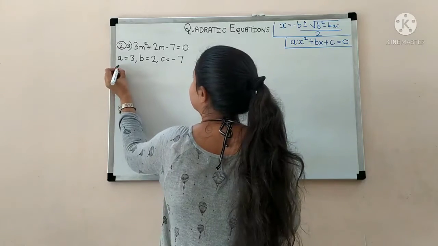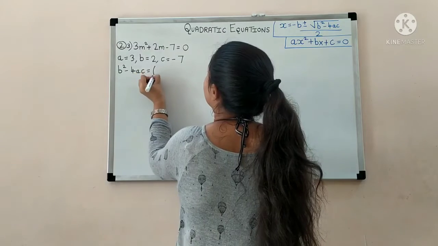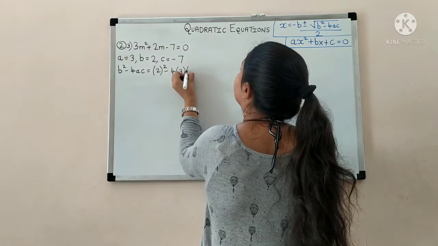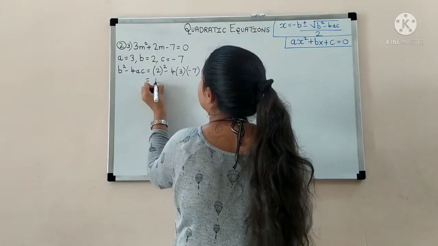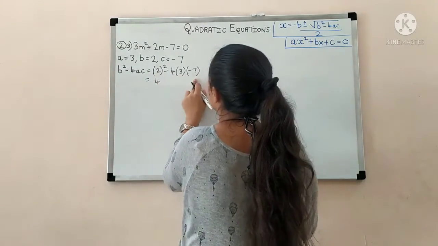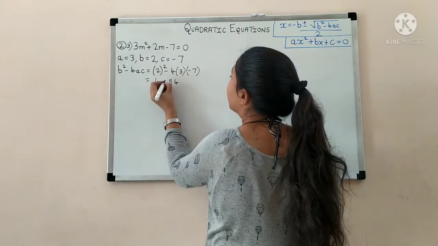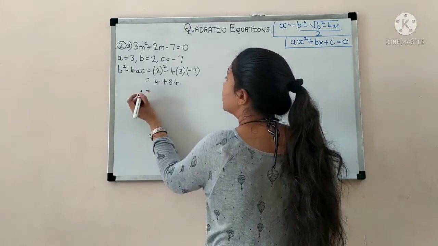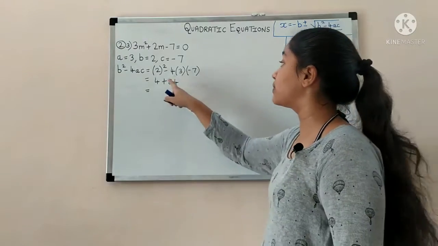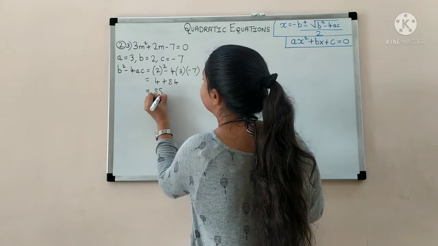Okay, then what is the next step? We have to find b square minus 4ac. Okay, so here b is 2, so 2 square minus 4, 3 into minus 7. 2 square is 4. Now see here, 4 3s are 12 and 12 7s will give you 84. So it will be 84, but this is minus and minus. So minus into minus will get plus. Okay, this is plus 84. So always remember to check the signs before you find your b square minus 4ac. Okay, so now this will be 88.